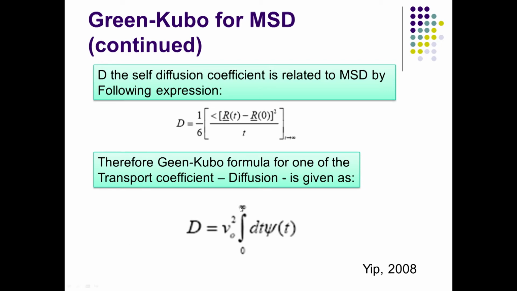So, D is equal to 1/6 of, which is called the self diffusion coefficient, is related with mean square displacements, and because we know mean square displacement is equivalent to a velocity autocorrelation, now we have the diffusion constant calculated using the velocity autocorrelation function. So, this gives you a very simple Green-Kubo formulation, and Green-Kubo formulas are now connected with all kinds of correlation functions. This is the first one, which is based on the time correlation function,